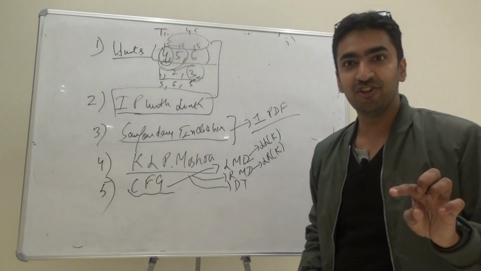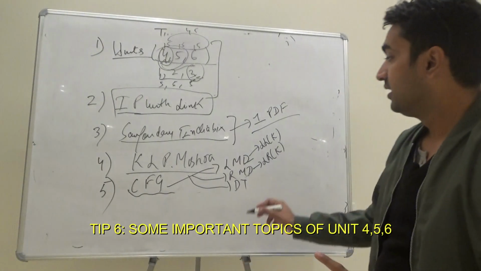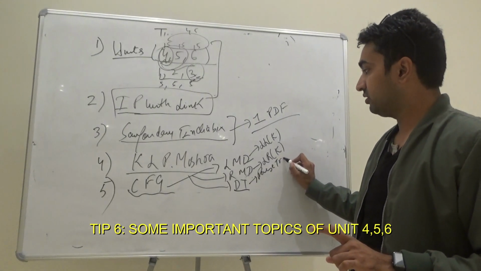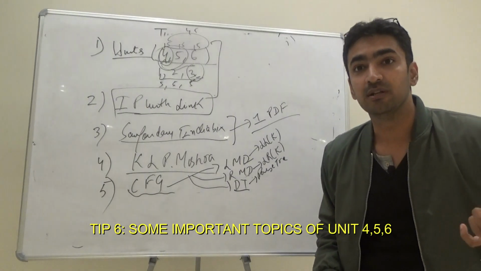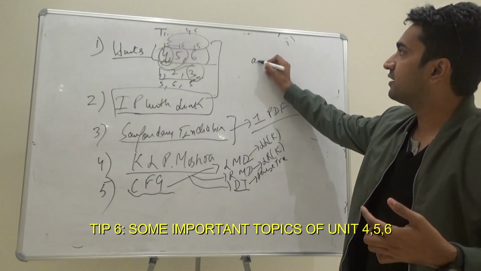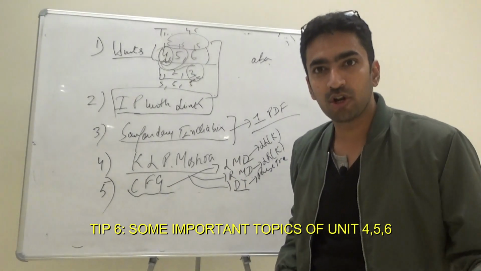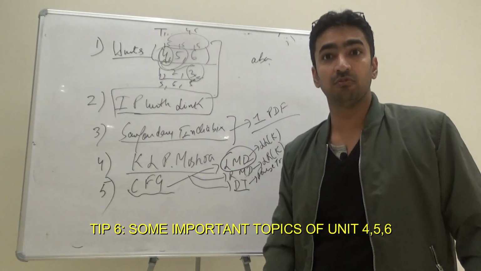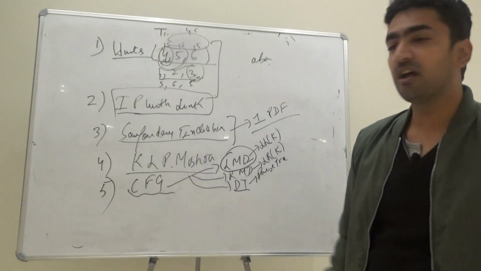So again, your unit number 5 and unit number 4 are totally linked with one another, and the derivation tree is actually your parse tree. The questions that you can get is that you will be given a particular language. For example, let's say this language is ABA, and you have to find out whether this belongs to a particular grammar or not. You can use leftmost derivation in that case to find out whether it belongs or not. So it means context free grammar is very vast.